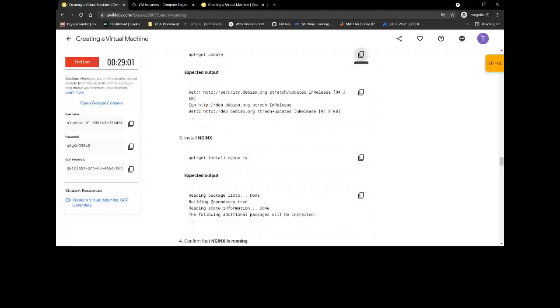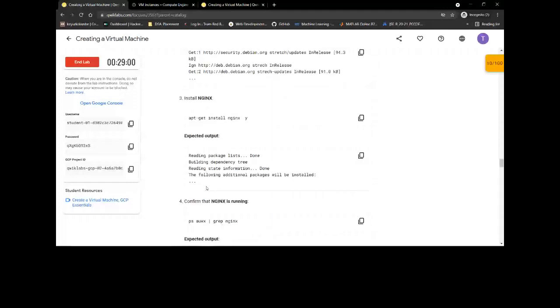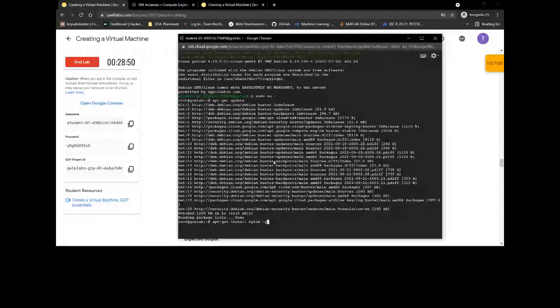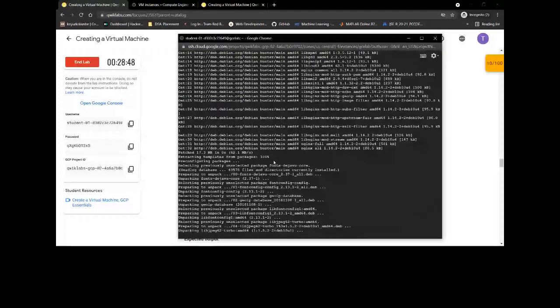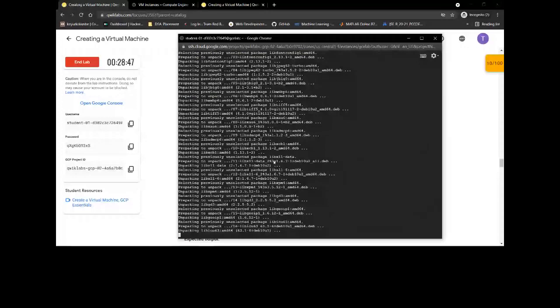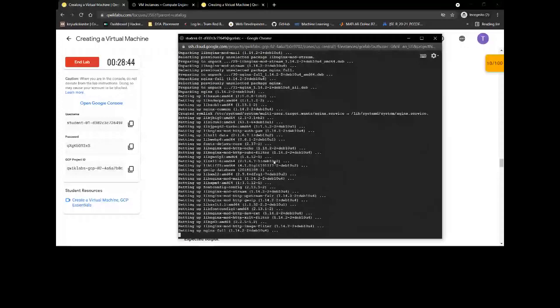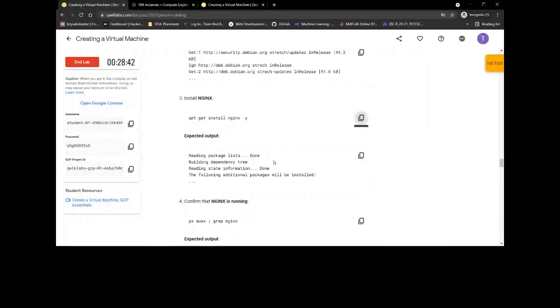Now we will install the NGINX server that we were talking about, that we will connect to using our SSH. We have successfully created it. Now we will check if it is running.